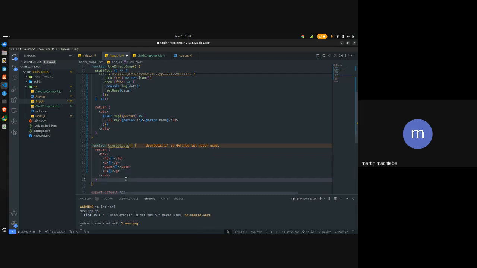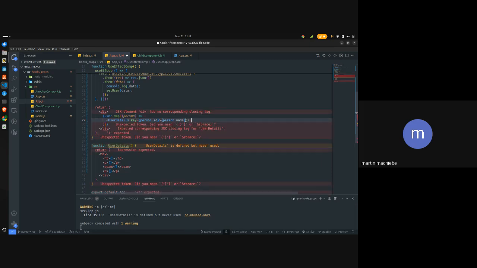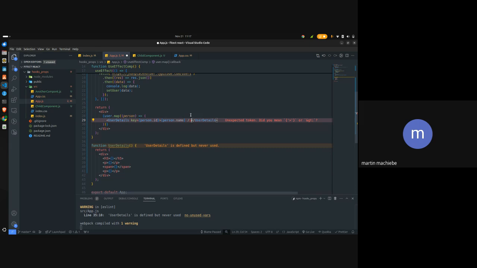So what do we do here now? Instead of this li, we are going to change it to user details and pass it in as props. User details. Then we delete this. To have the key, then inside the user details, we should